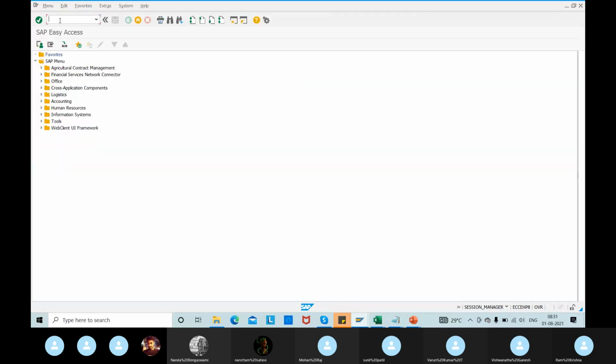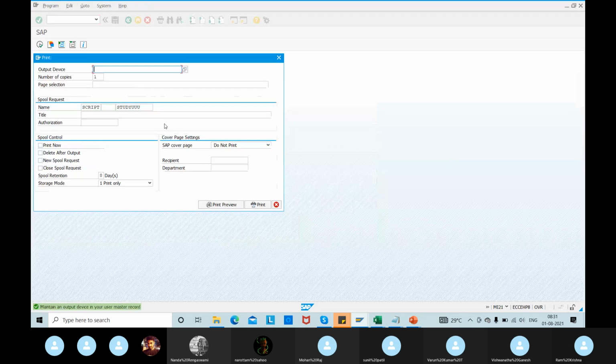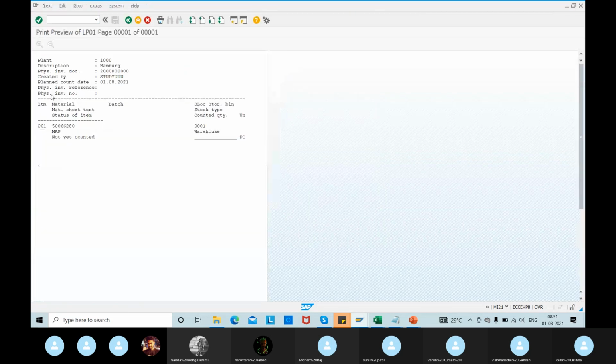Now I'm going to take a print of this physical inventory in MI21, and once I take a print, I'm sending this print copy to the warehouse person. Once I send this print copy to the warehouse person, they will see which material it is, and